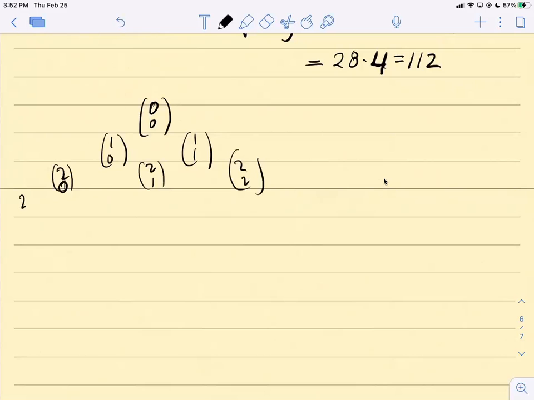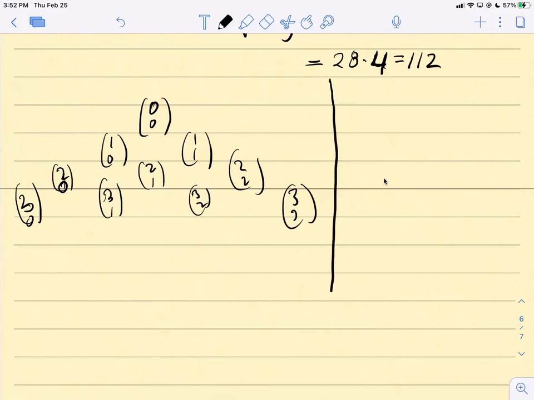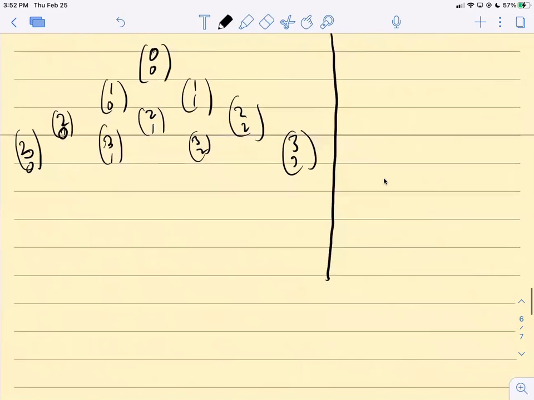Then 3 choose 0, 3 choose 1, 3 choose 2, and 3 choose 3. So you get it from all the binomial coefficients. And the triangle, when you actually draw it out,